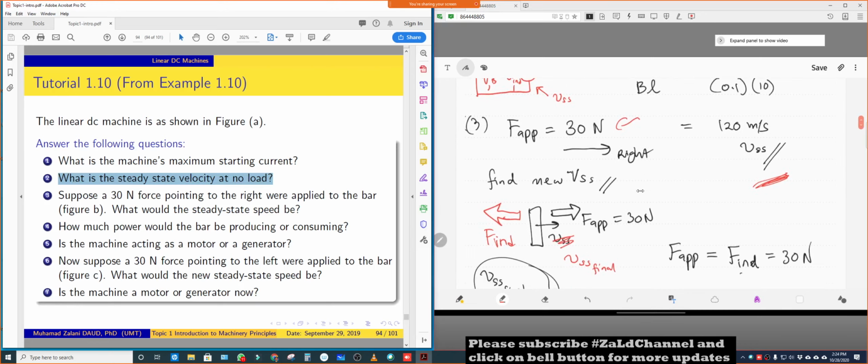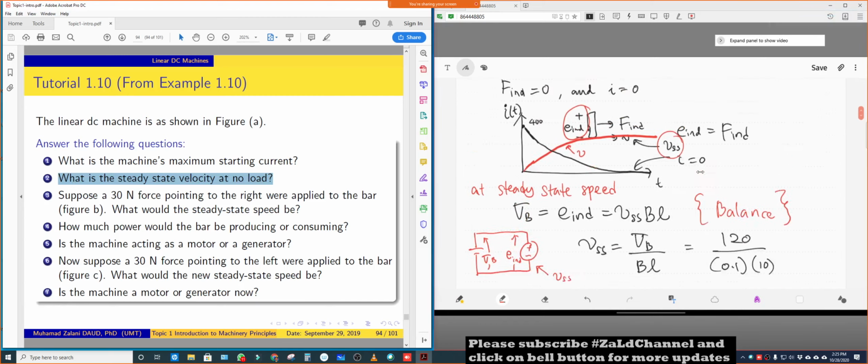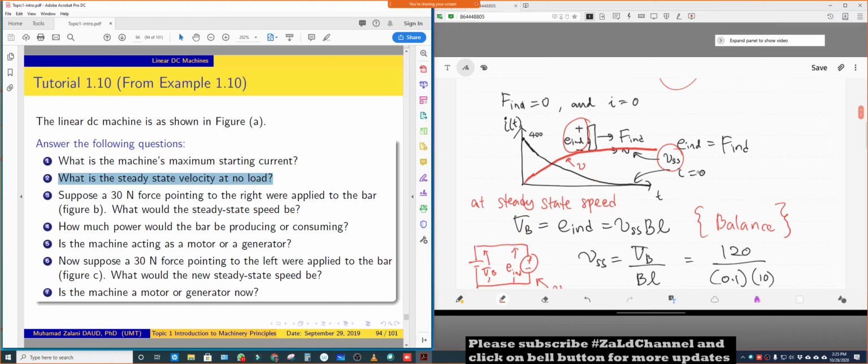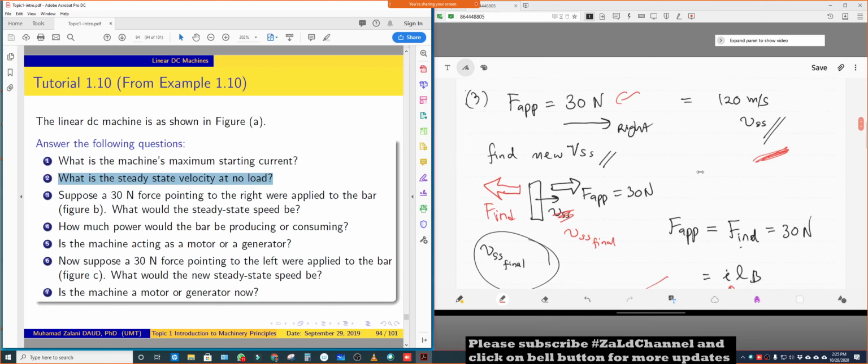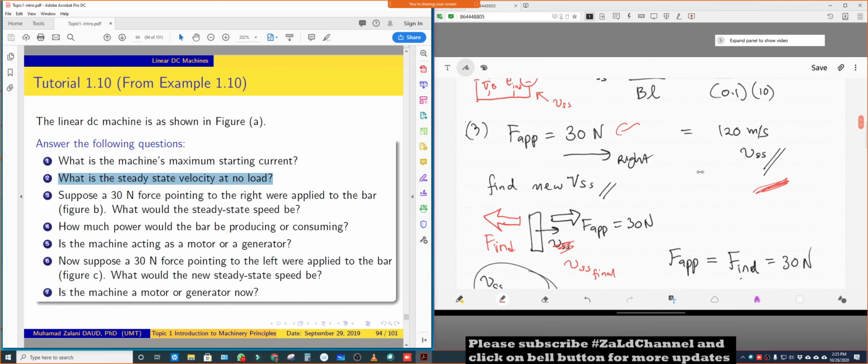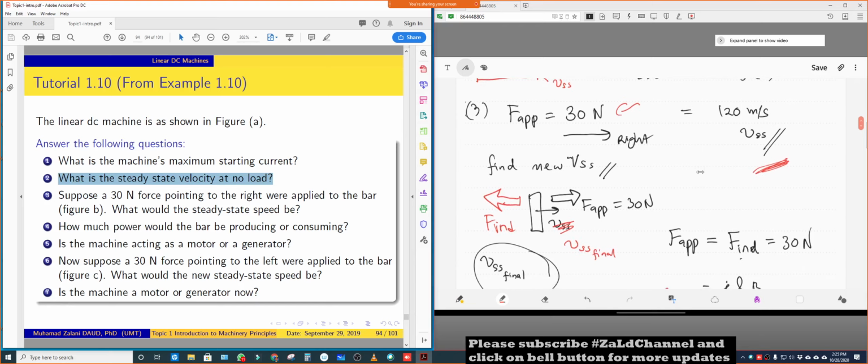All right. And then, once we get the VSS, meaning that this machine is working as a machine which has no load applied to it, and it is working as a motor. So at this instant, this machine is working as a motor. Now, back to question number 3, what happened is,